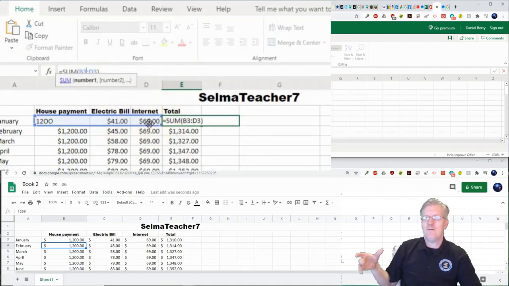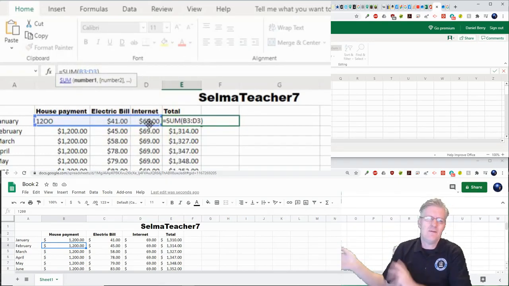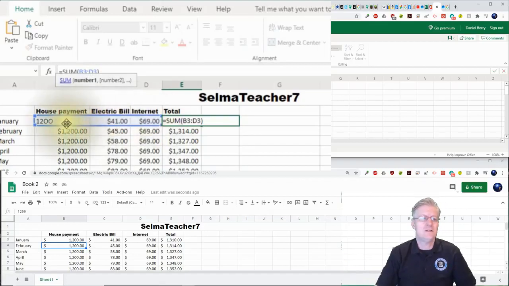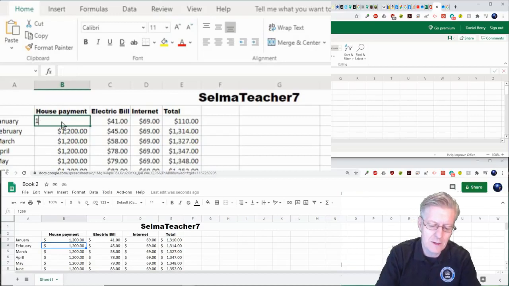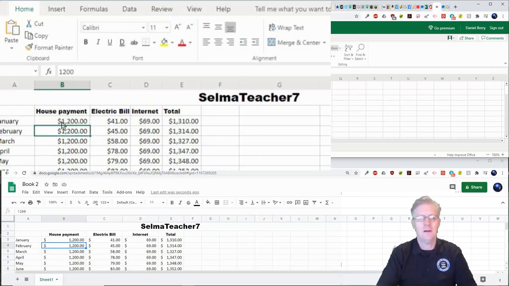The way Microsoft looks at it is, if you have letters inside of a cell, it is no longer a numeric value, it is now considered a label. Kind of like the same thing that Google Sheets is doing, but it is artificial intelligence overlooking the error that we have there. So I'm going to replace it with 1200, and it puts in the right number.